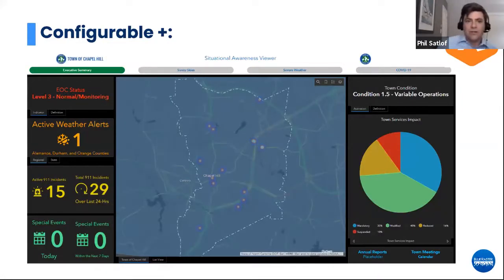Also, in the Configurable Plus category, this is a screenshot of the town of Chapel Hill experience that we're working on. Now, Dave and Chase from the town of Chapel Hill are going to show this in depth tomorrow at 10:30 a.m. So I recommend that you go to that. So I'm not going to get into it too much, but I'm just going to say that in addition to